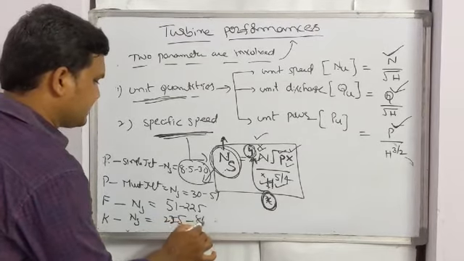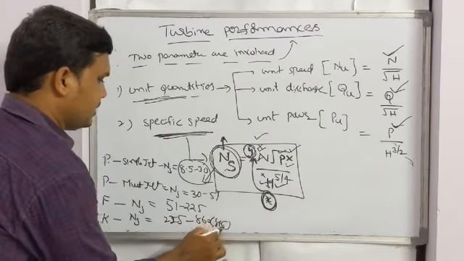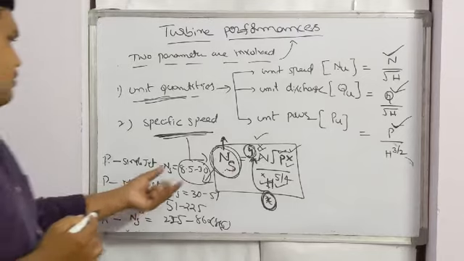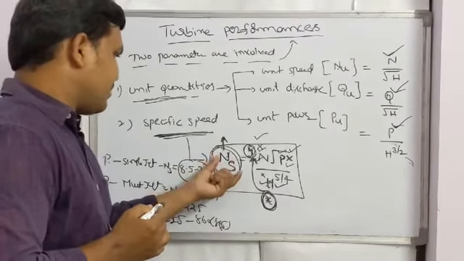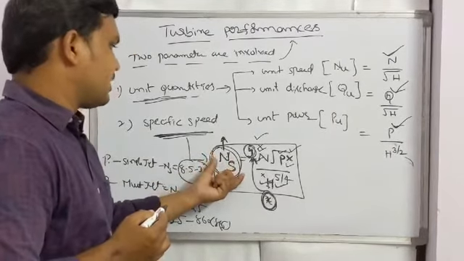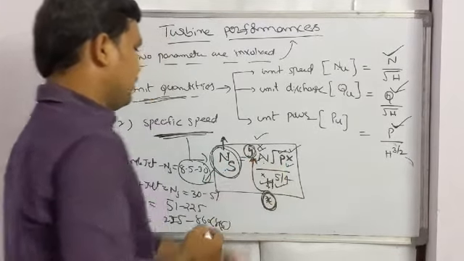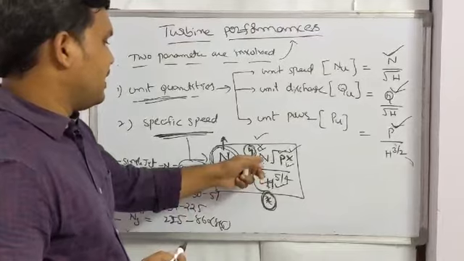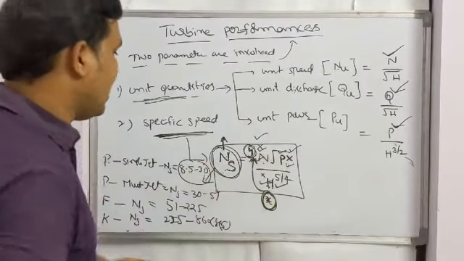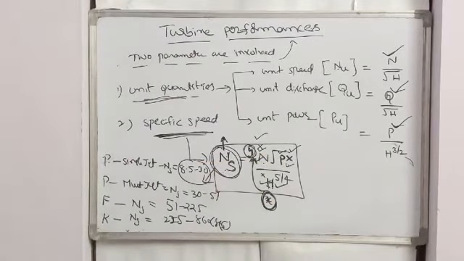225 to 860 or 865. This is a fixed amount. So by remembering the specific speed of a turbine, when given either N or H in the problem, we can calculate any one of these, and how much power we are getting. So these are the performance of a given turbine.